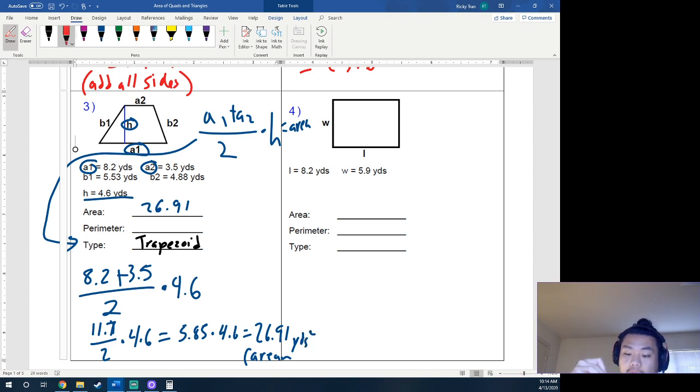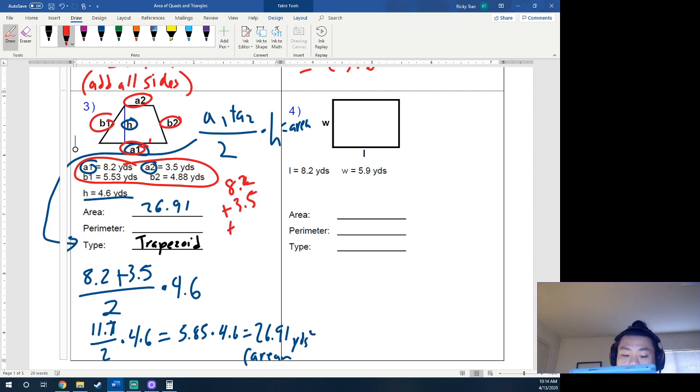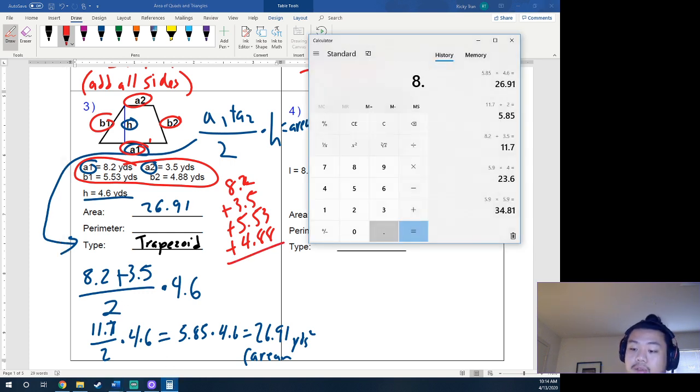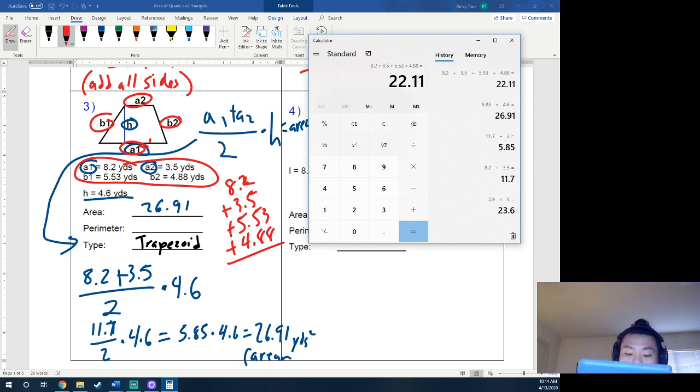Okay, now for perimeter, again, it's still adding all the sides. So we're going to add A1, B2, A2, B1. So we're taking all these and adding them together. So 8.2 plus 3.5 plus 5.53 plus 4.88. I'm going to put that in the calculator. We have 8.2 plus 3.5 plus 5.53 plus 4.88, 22.11